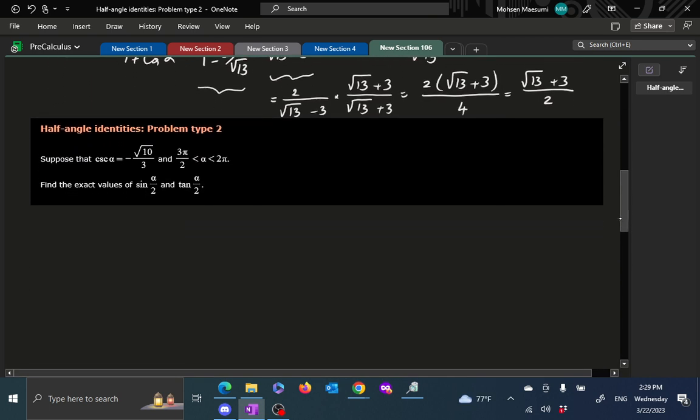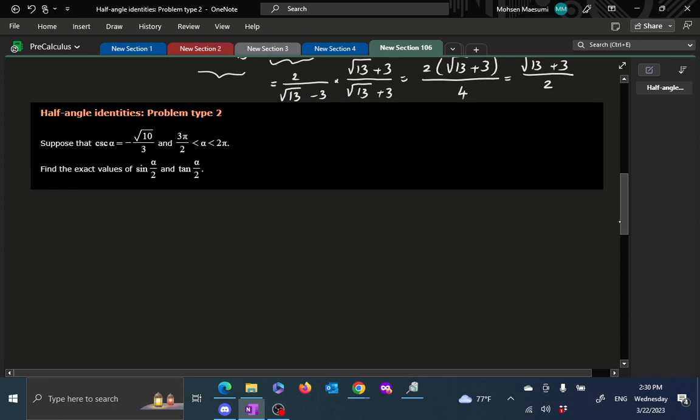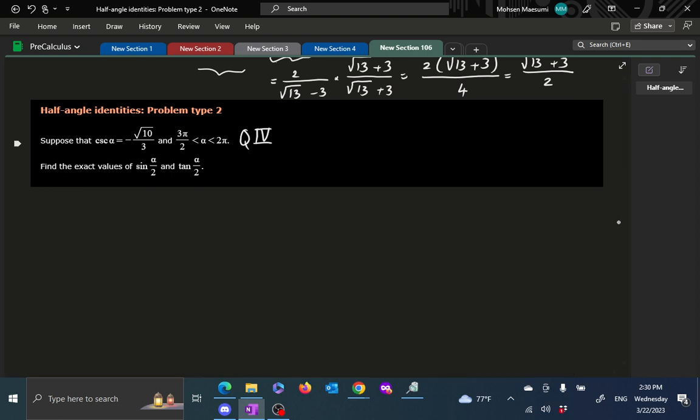All the rest of these problems are similar. Here, the problem is giving the angle alpha to be in quadrant 4. Is that right? Between 3 pi over 2 and 2 pi. So we have an angle looking like this. We are opening all the way between 3 pi over 2